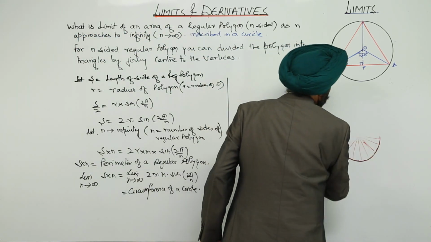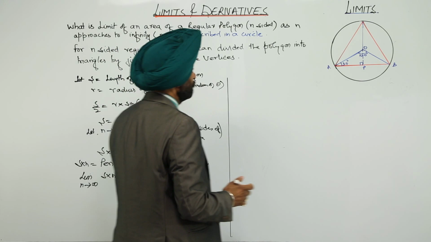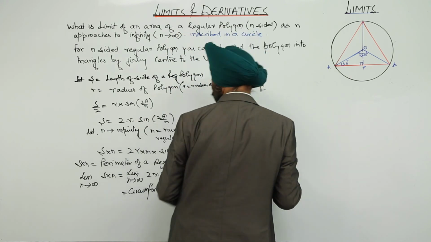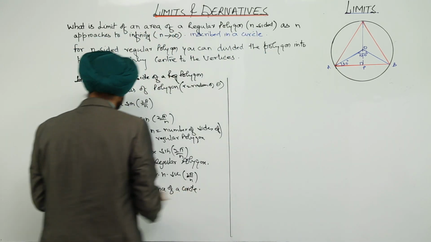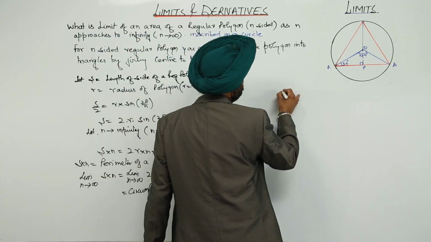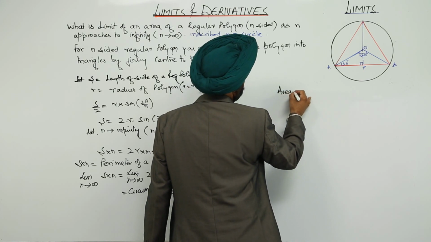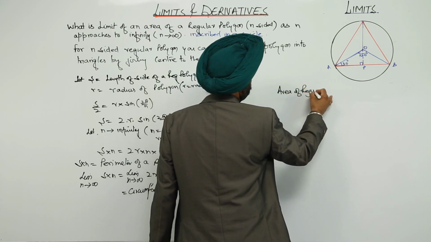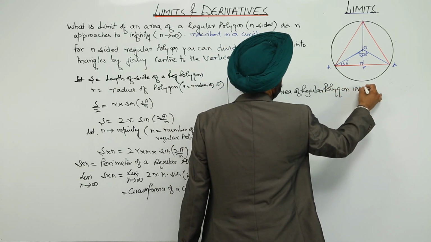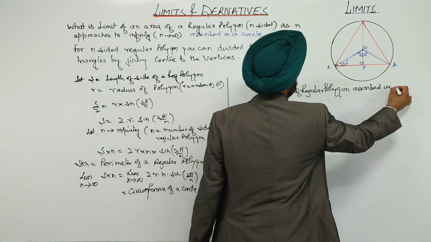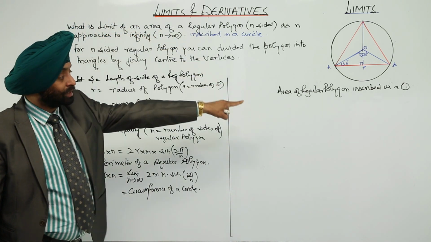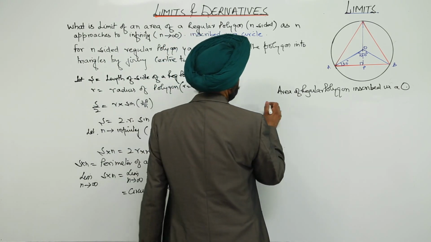Now we can go for the other part also. We can write it here. Now this was from the circumference of a circle. Now for the area: the area of a regular polygon inscribed in a circle. What is the limit of the area of a regular polygon inscribed in a circle? So here what can we give? We can give now,